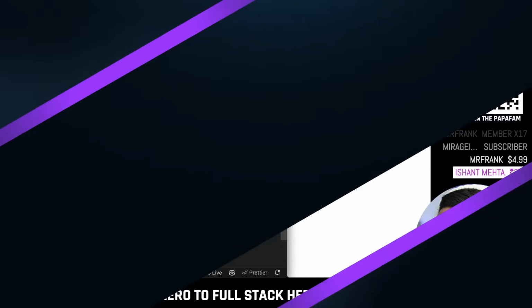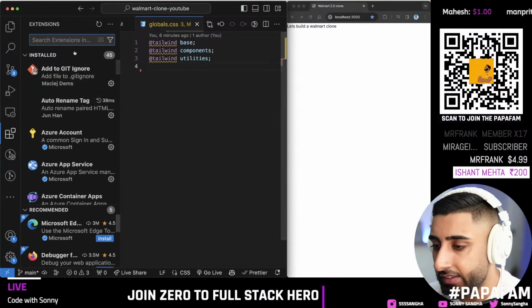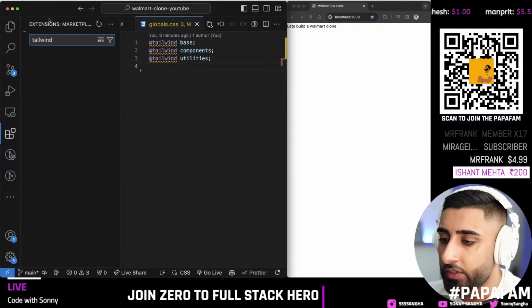So if it's 100 all the way to 900, you basically get the lightest color at 100 to the darkest shade at 900 and everything in between. So that will translate to CSS and basically makes us able to write our CSS a lot faster. Okay, so what you need that I haven't mentioned yet as well, if you go to your extensions,